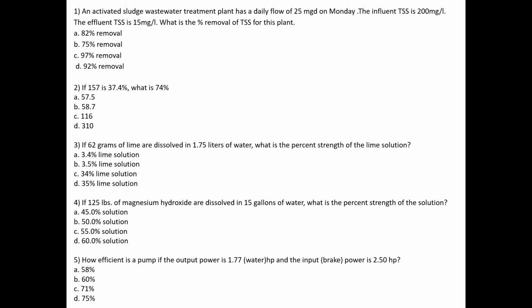There's two forms: static head and dynamic head. Static head is the height that the pump basically has to lift the water. The total dynamic head is the static head plus